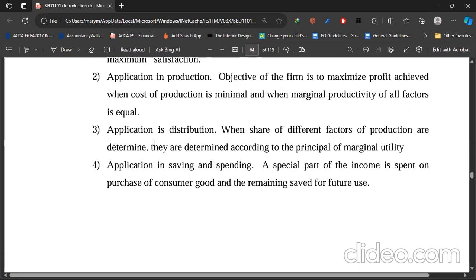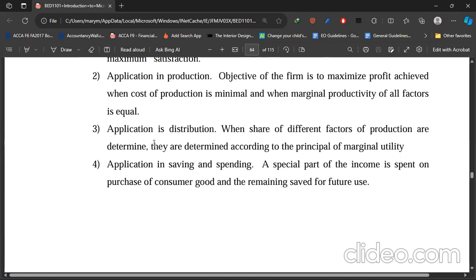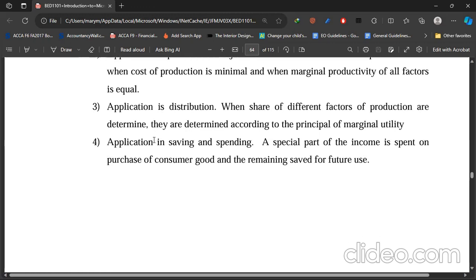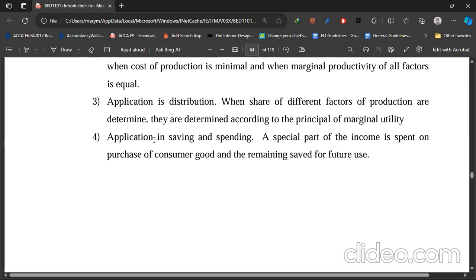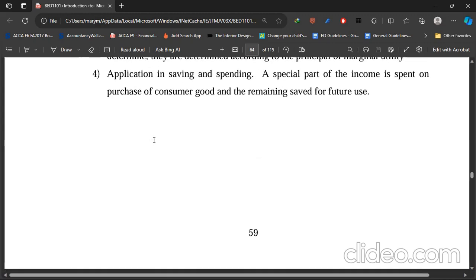Number 3, we are talking about the application in distribution, and when the shares of different factors of production are determined, they are determined according to the principle of marginal utility. Then number 4, we are saying application in saving and spending. A special part of the income is spent on the purchase of consumer goods, and the remaining is saved